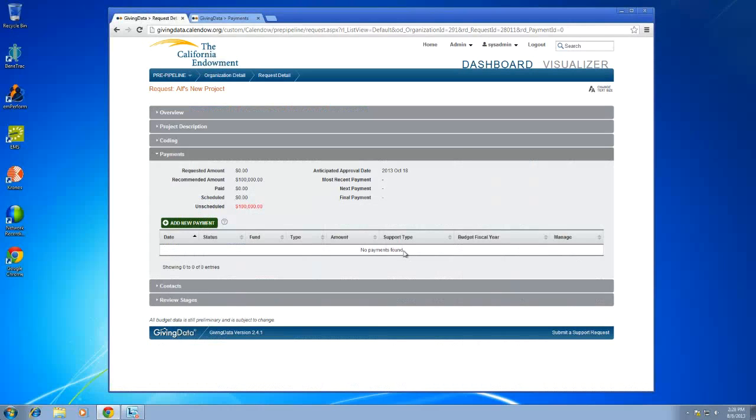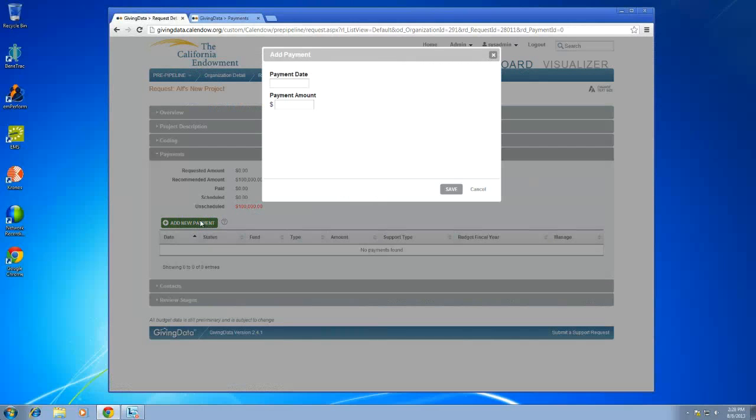So again, these are payment projections, so they can be changed and adjusted. This is all part of scenario planning. Anything in the pre-pipeline stage can be changed, but right now I have no payments of which to speak, so there is no projection to see in the dashboard. So if I add a new payment to this record that I've just created, there's really two fields that you will enter here. The payment date, which I'll put out sometime in November, let's say. And again, this is a $100,000 grant, so I'm just going to go ahead and